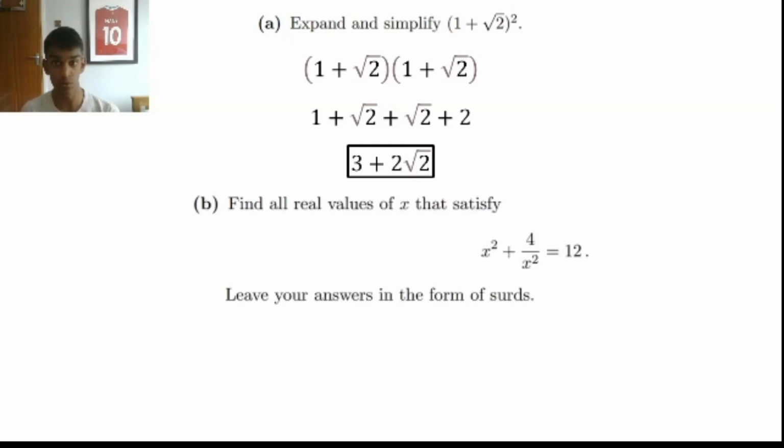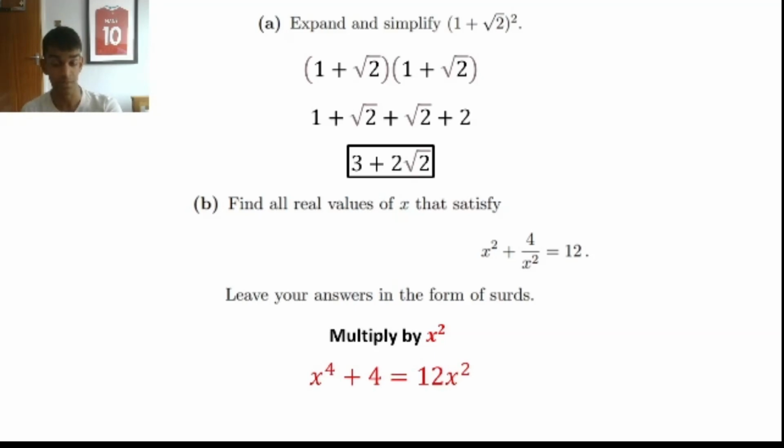We have to find all the real values of x that satisfy x squared plus 4 over x squared is equal to 12. And we have to leave our answers in surd form. What immediately strikes me is the x squared as the denominator, and we have to try and remove this. My initial thought was to multiply every term in the equation by x squared, and this leaves us with x